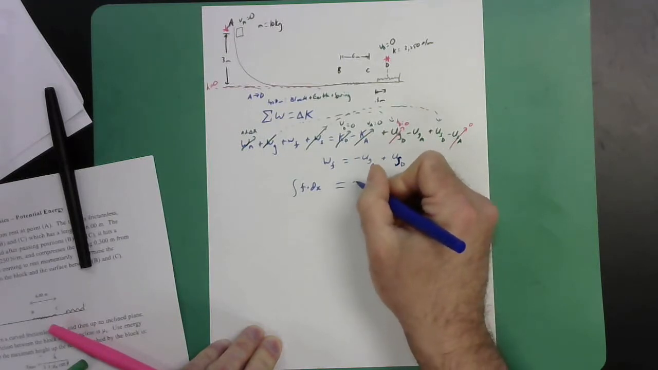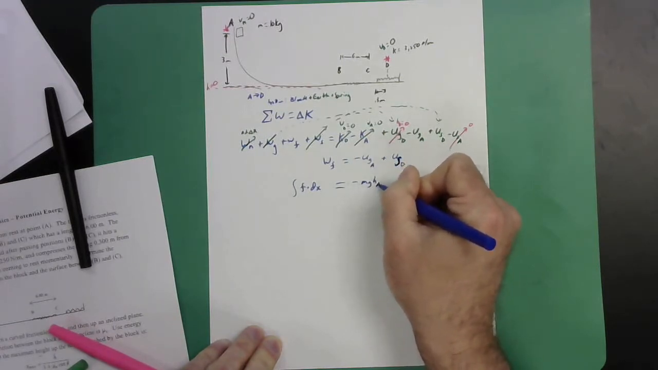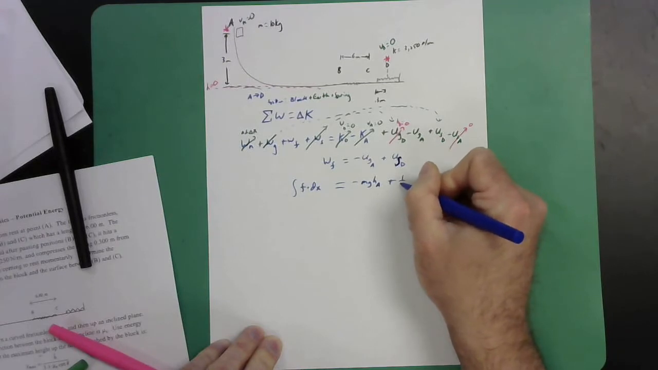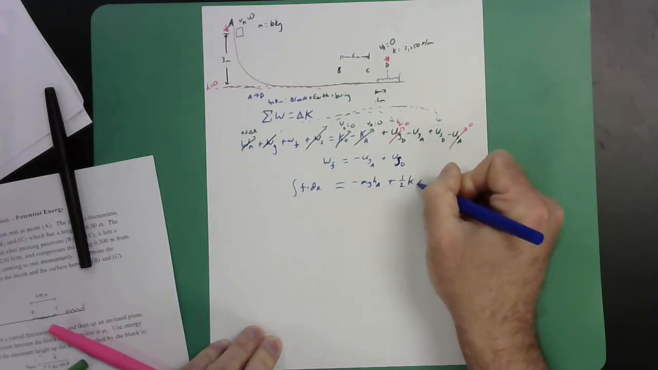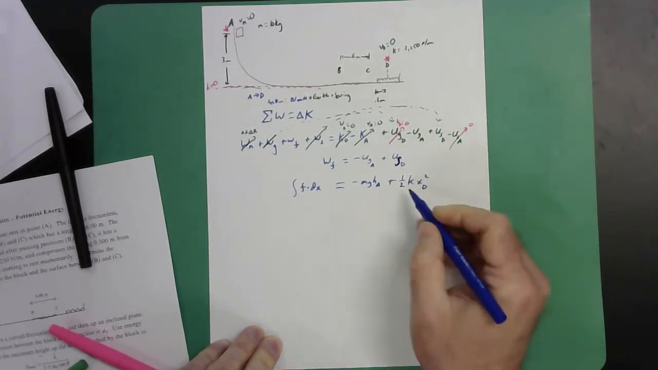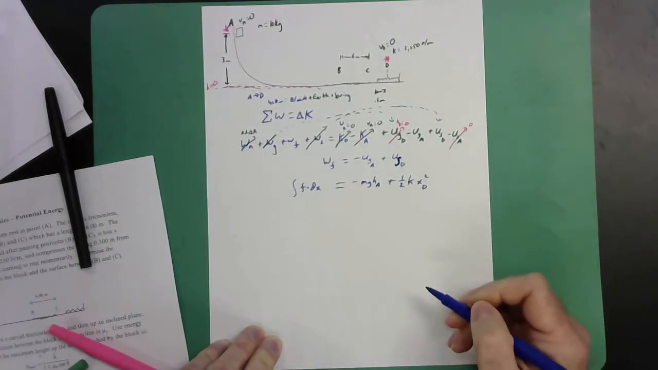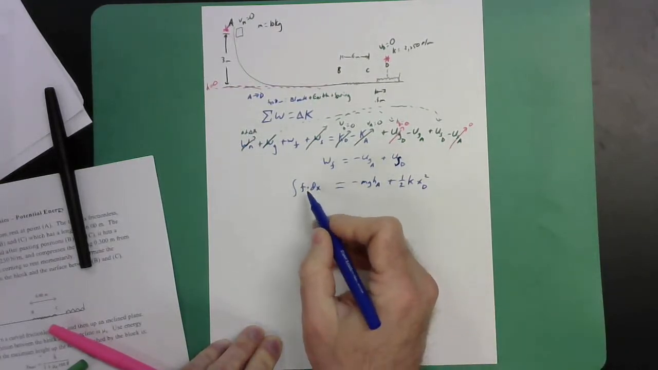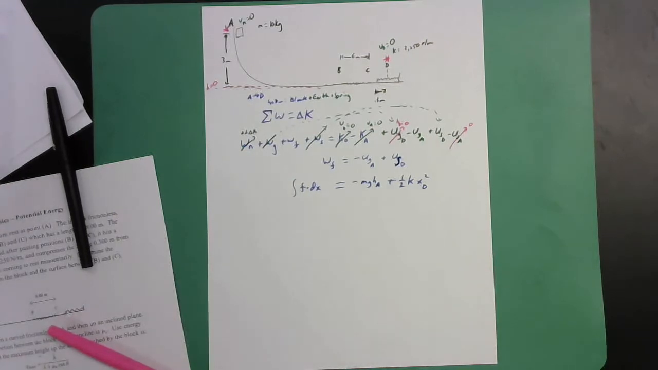For gravitational potential energy, that's going to be minus mg, the height at A. And elastic potential energy, 1/2 k, the crush distance at d squared. Okay, these are just the formulas we have for those energy types. Now the work, when I do this, you say, hey,